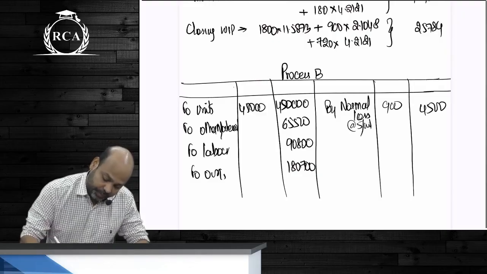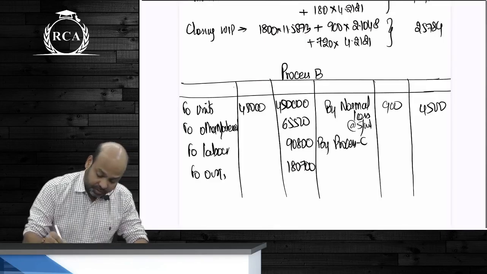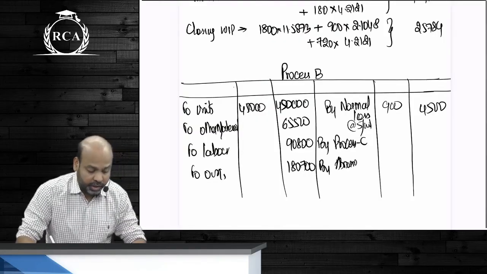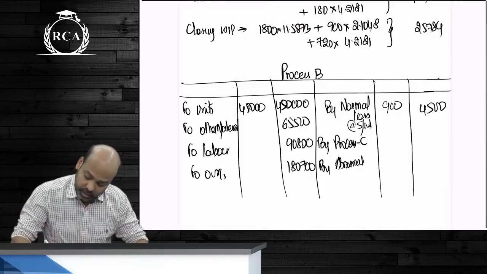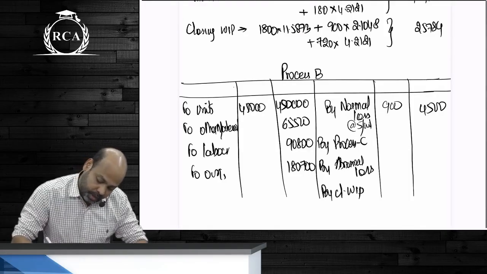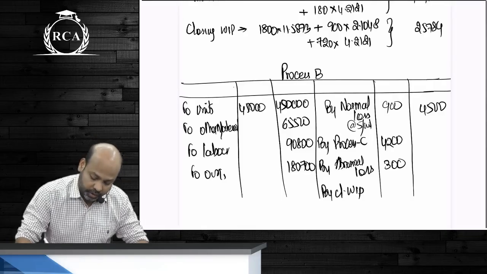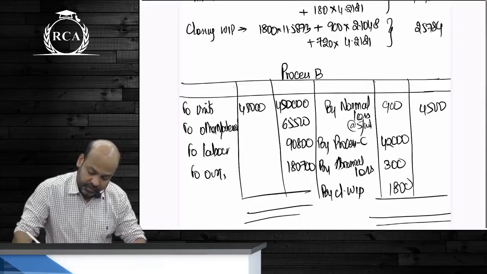4,000. After this, beta, we have arrived at units completed, that I will believe is process C, beta, and then by abnormal loss, or you can also write this, beta, finished goods account, your choice, okay? By abnormal loss and closing work in progress. Abnormal loss is 300 units, process C, beta, is 42,000 units, and closing work in progress is 1,800 units. In their valuation we have just completed, beta,